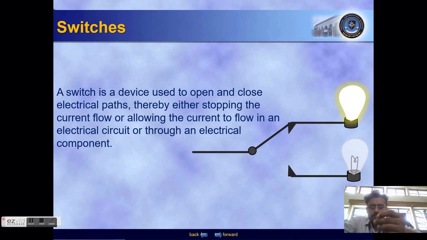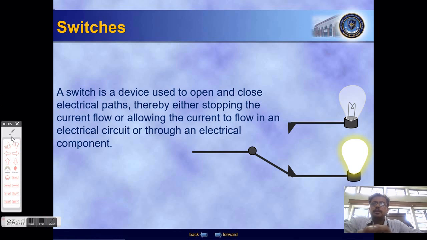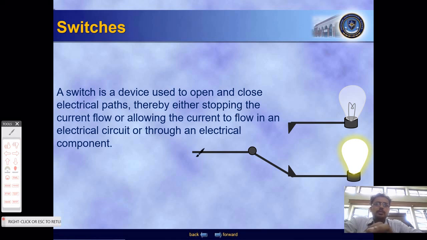Later in these slides, we will see there are two types of switches, NO and NC switches. The switch can divert the current from the source to the way it is connected. In this situation, current is available at this point and it can be diverted to this branch as well as that particular branch where it was initially connected.